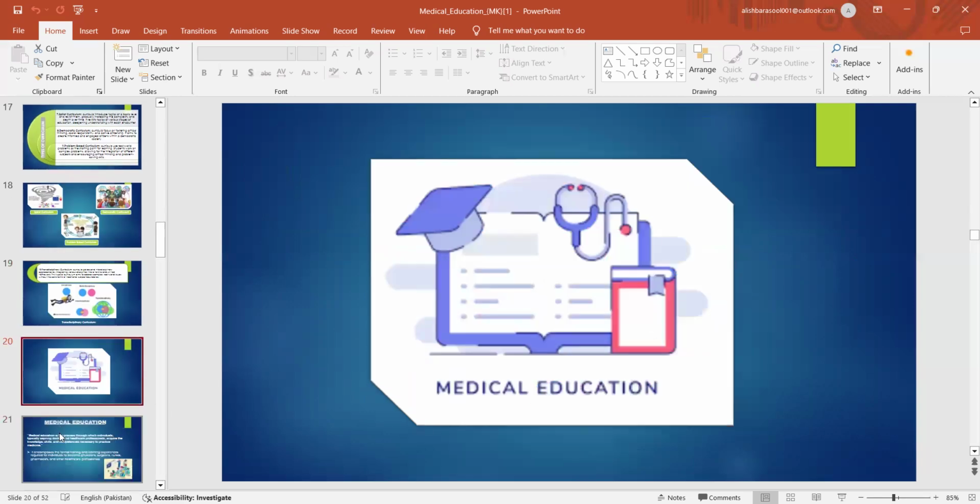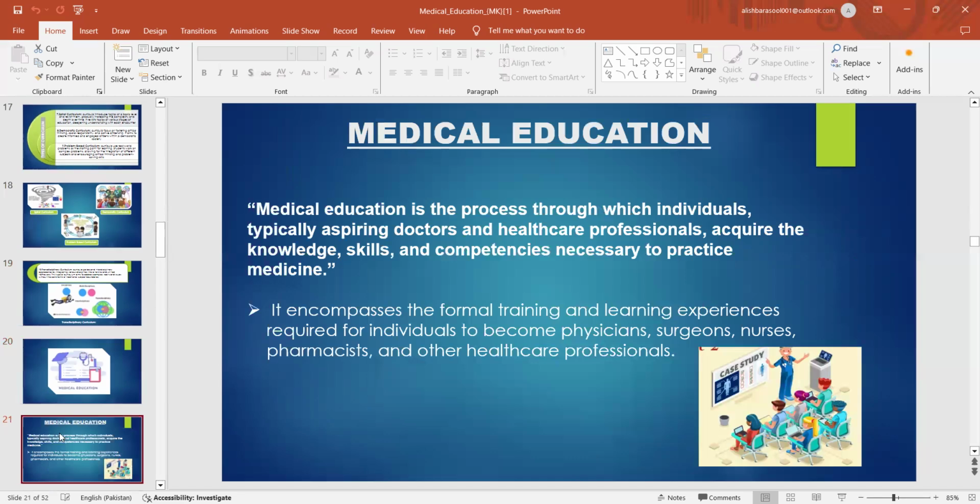Medical education. What is medical education? It's the process through which individuals, typically aspiring doctors and healthcare professionals, acquire the knowledge, skills, and competencies necessary to practice medicine. It encompasses the formal training and learning experiences required for individuals to become physicians, surgeons, nurses, pharmacists,